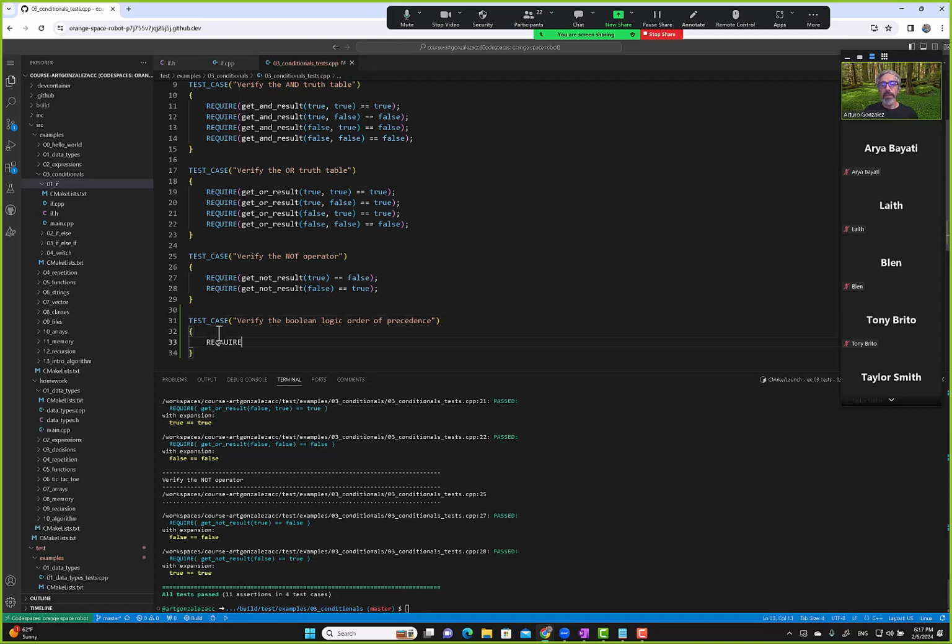So we can say require, control space, require, so not. I think with this one we need parentheses, not with the not, but for the expression, because the test case will error out. So not true,